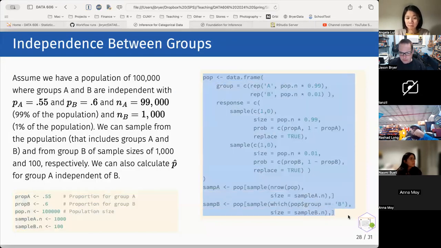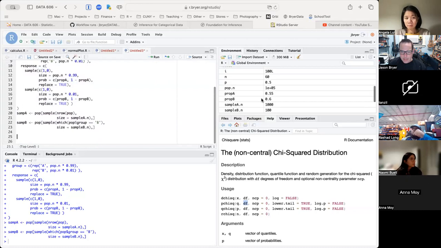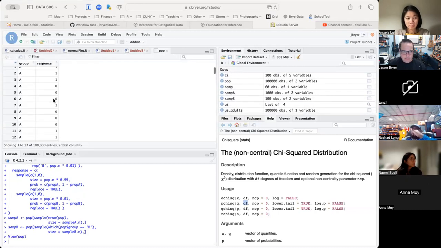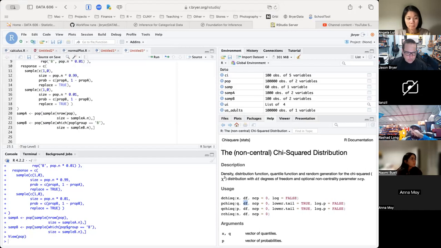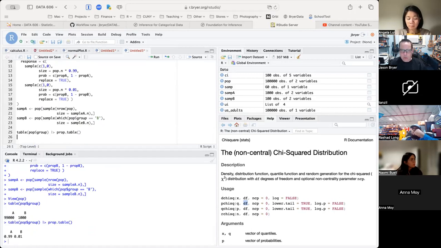And let me copy and paste this. Okay. So I have this population data frame, and I can look at pop group. You can see I have 99,000 A and 1,000 B, right? And if I pipe that to prop.table, so 99% and 1%. So my population is 100,000, but 1,000 in my population are Duke students,